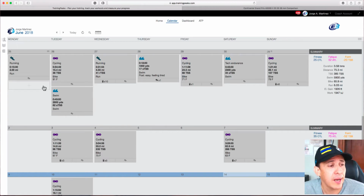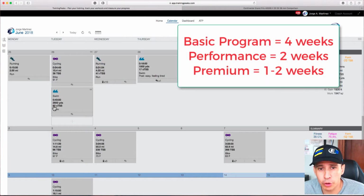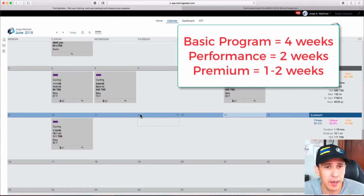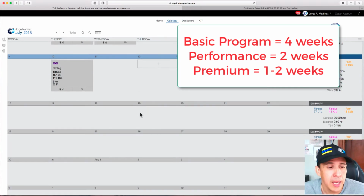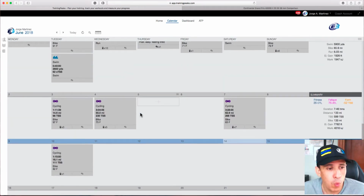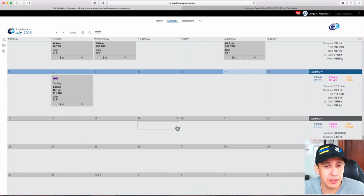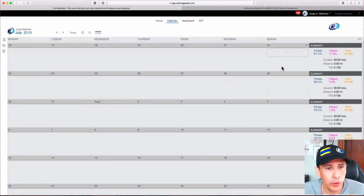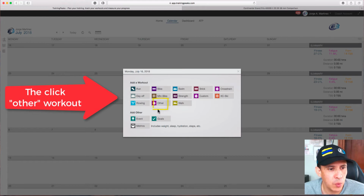With that in mind, the first thing that you can do is, depending on your program, you'll be getting workouts every week, every 2 weeks, every 3 weeks, or every 4 weeks. Based on that, we would like you to give us as much information in advance so we can plan ahead. You can go into your Training Peaks, and in here you can give us information in a couple of ways. The first one is you can add an other